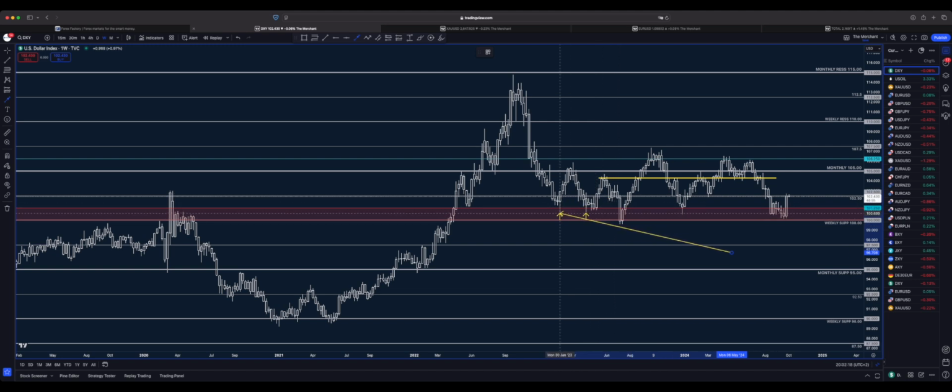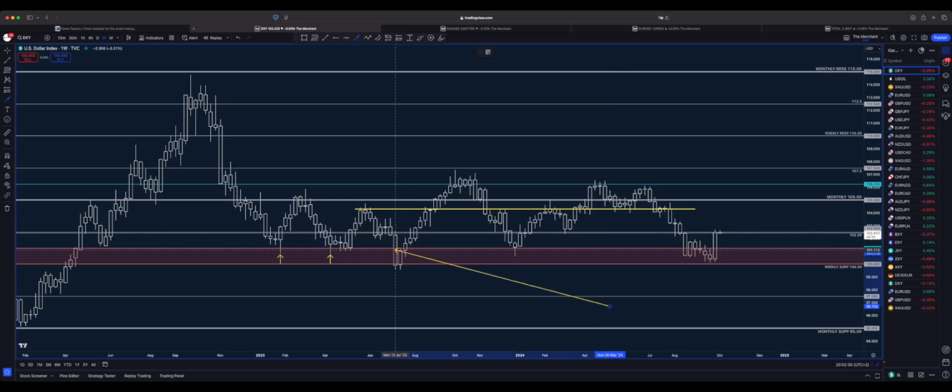As you can see, January and then April, 3 months later, and then 3 months later it was July, where price came to liquidate these 2 points and created a big fear that we are going to see a massive move to the downside. But basically it was a liquidity move to collect all the stop losses below here, and then price moved to the upside. Then here price came again in December 2023 to retest this point again and showed support again. And since basically August, we are trading around this zone.